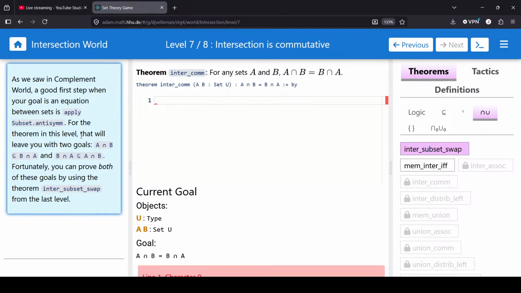For the theorem in this level, that will leave you with two goals. A intersect B is a subset of B intersect A, and B intersect A is a subset of A intersect B. Fortunately, you can prove both of these goals by using the theorem intersubset swap from the last level,